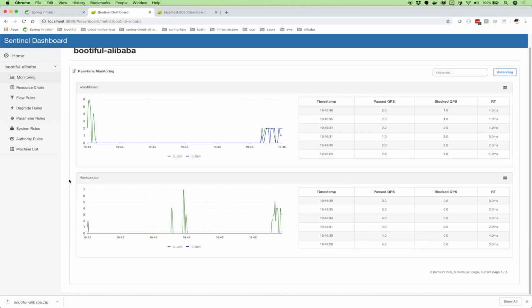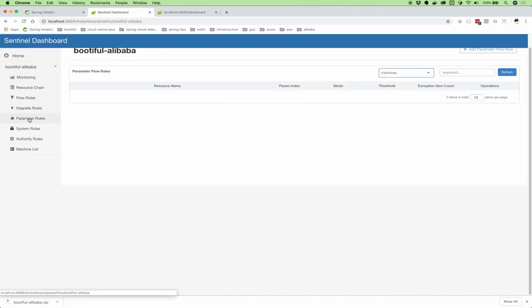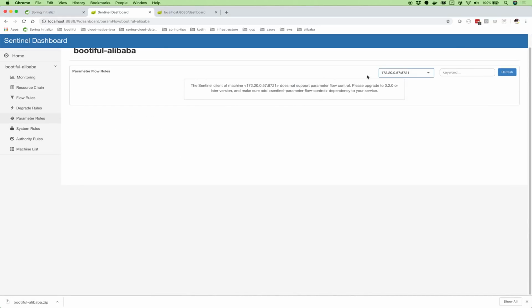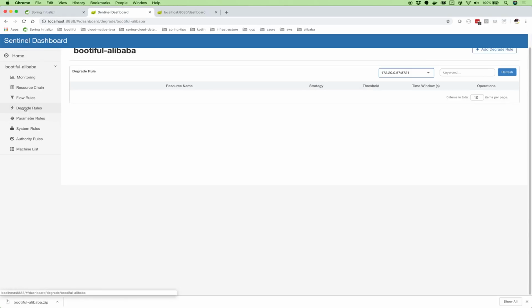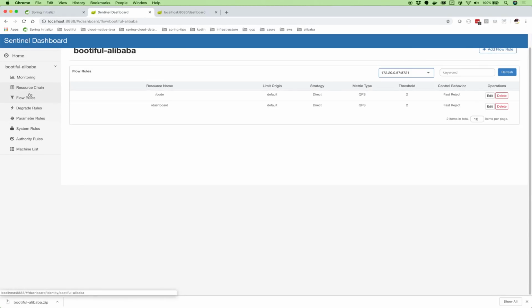So that's really interesting. I think this is all pretty interesting. There's a whole lot of really interesting things that we could do beyond what I've shown you here, obviously. But we'll have to leave it at that. I did mention that we could store configuration for Sentinel somewhere durable. Well, one place we could store that is in Nacos, right?